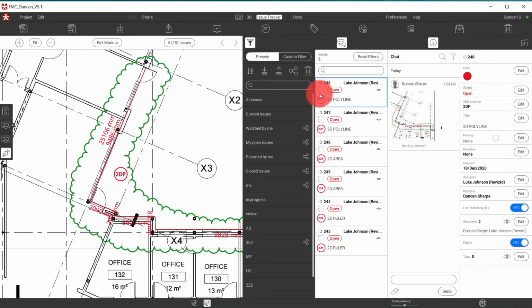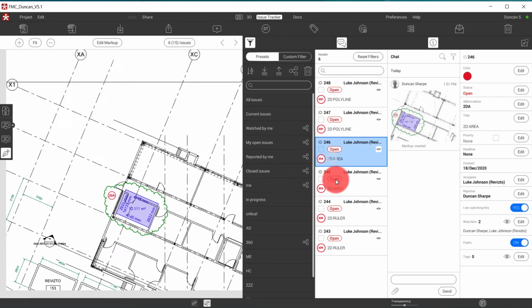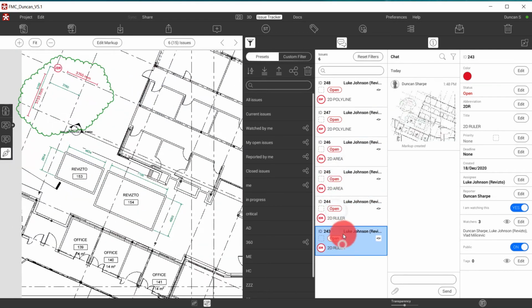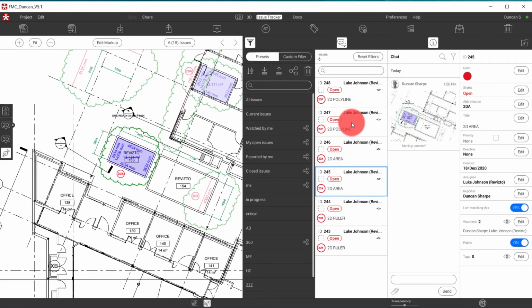That filters down those stamps we've just dropped onto the drawing: 2D R, 2D ruler, 2D A, 2D area, 2D P, 2D polyline. You can then quickly flick between them and monitor the status and progress of those issues as the project progresses. And then what perhaps most of you will want to do with these, just to share them, is we'll go to reporting,